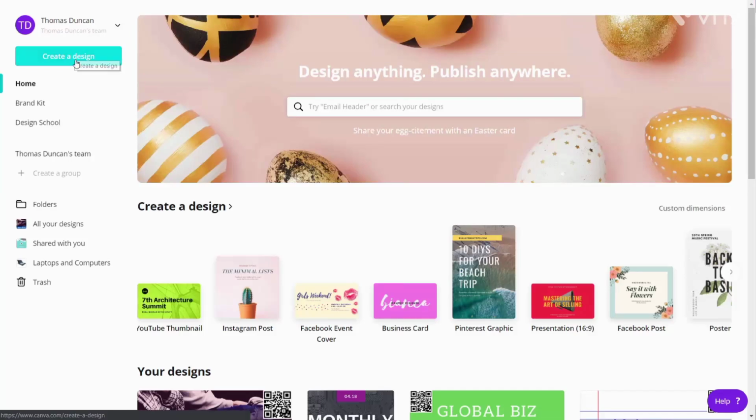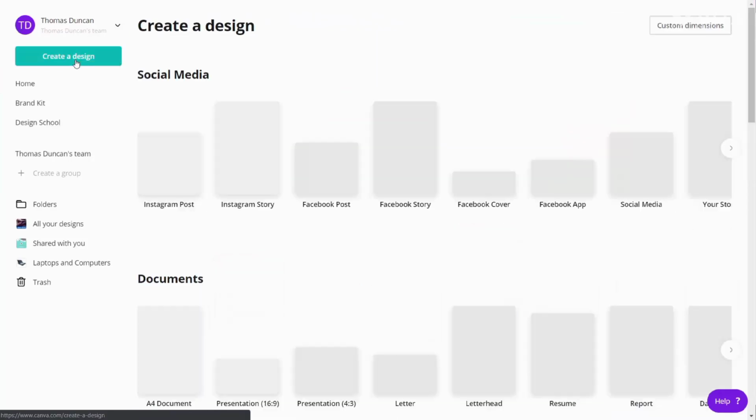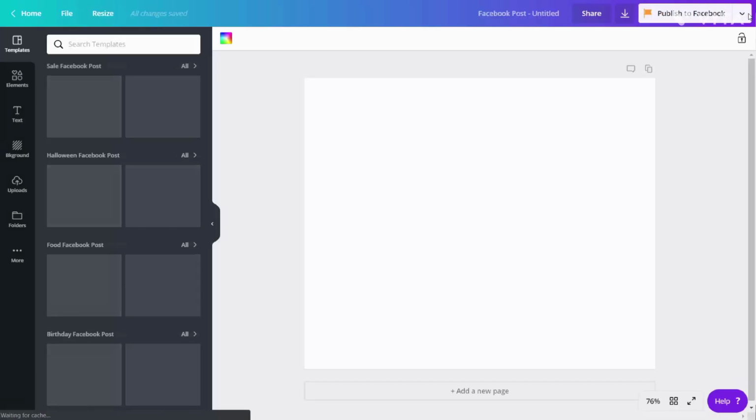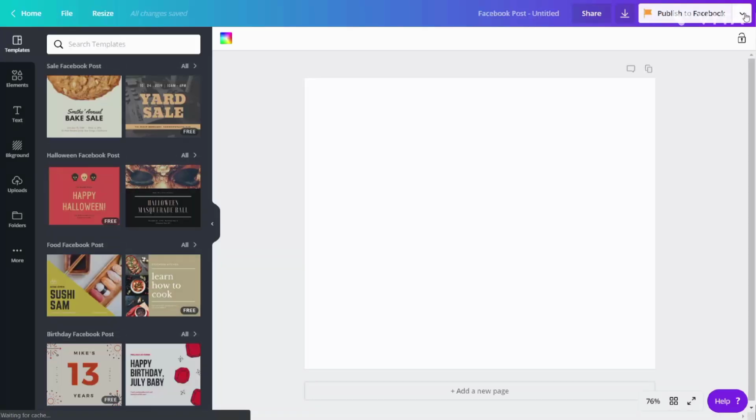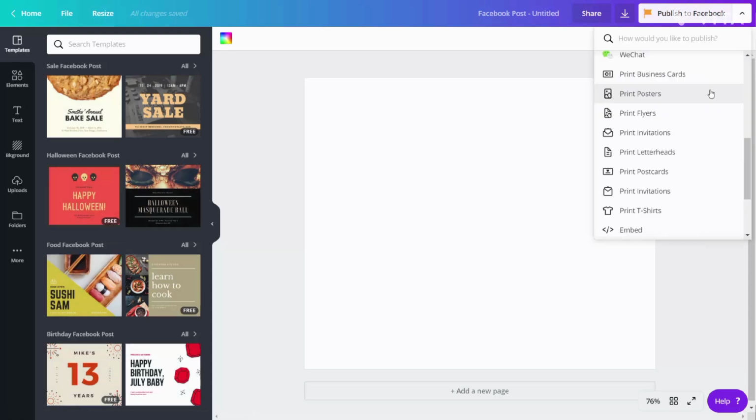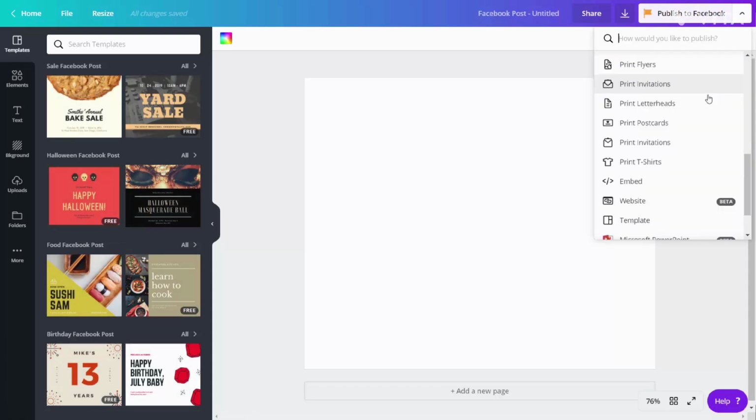In conclusion, in this course, we've seen various elements of methods for you to be able to output your content. For example, if we go to this drop-down menu, we've looked at posters, flyers, invitations, and postcards. We can in fact also look at printing t-shirts in the very same way that we did all of the